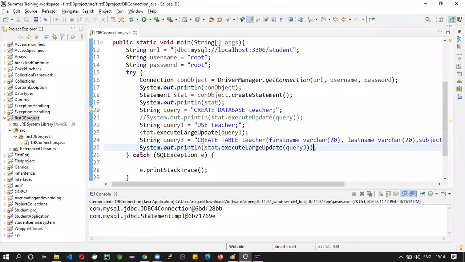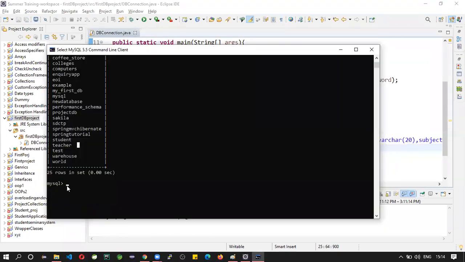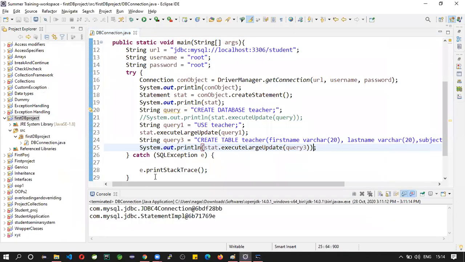Before saving, let's check how many tables are there in our DB. Use teacher, show tables. See, empty set. No tables are there inside our teacher database, right? So after executing this, you will see the changes. Save this and run.